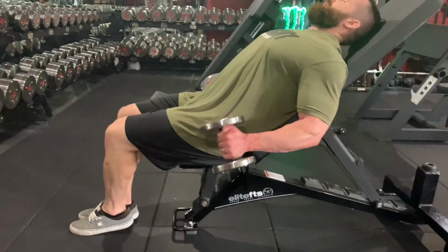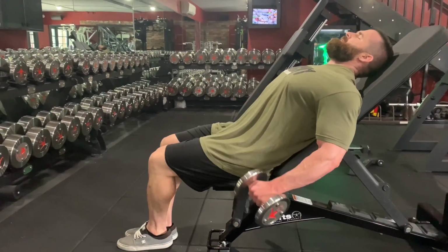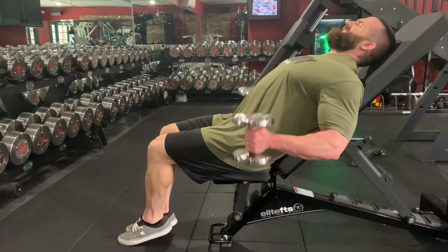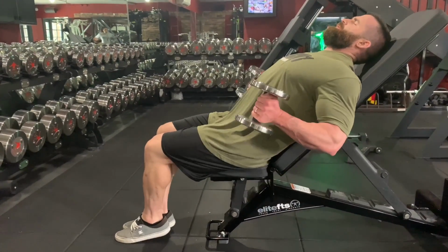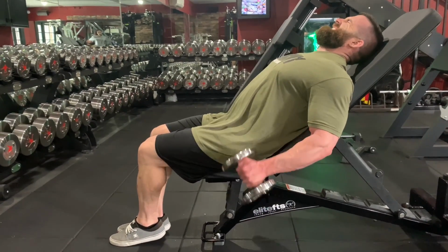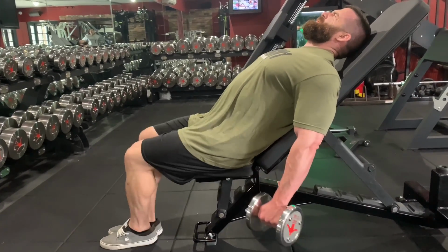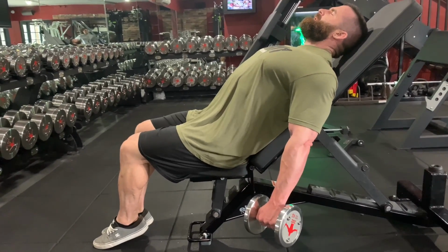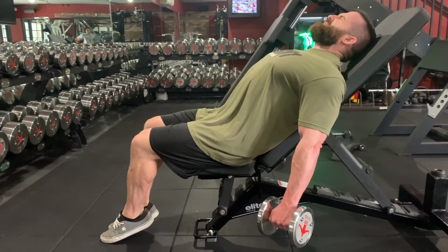And you'll see I'm taking it into a pronated hand position at the bottom. And again, that will fully lengthen the bicep, combined with that extended upper arm position, because the bicep crosses over the shoulder joint and controls pronation and supination. And you'll see I'm supinating still as I come to the top to a neutral hand position. And the reason for that is just that I want to have that supination in there, so I'm keeping it on my biceps and not my other elbow flexors, and then just finishing with a nice